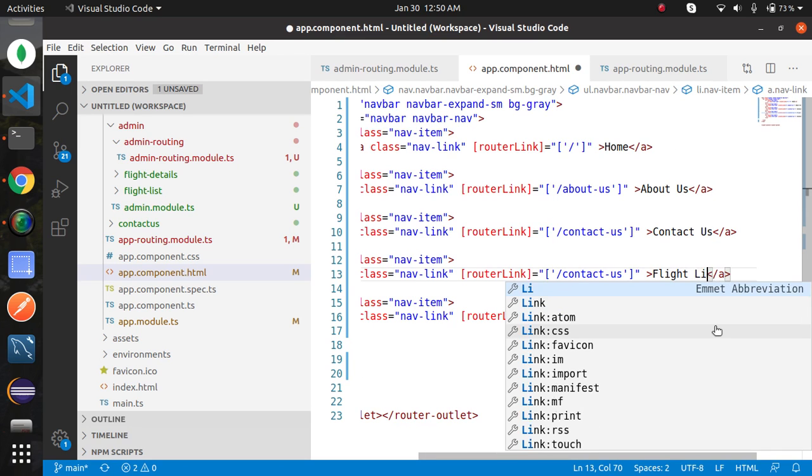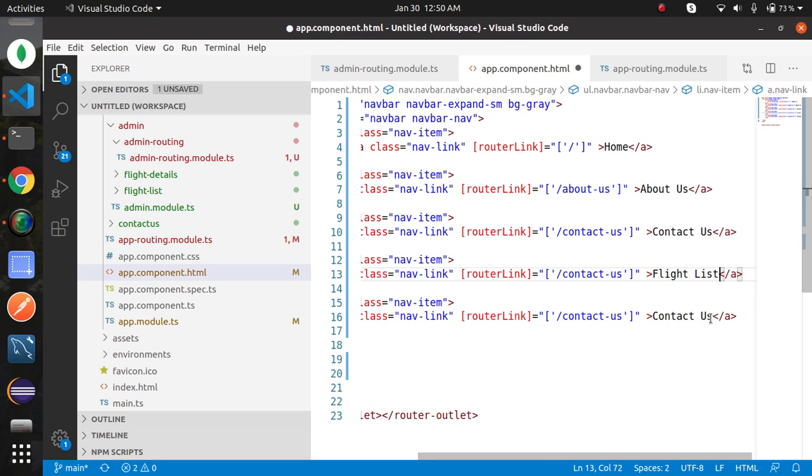Here flight list and here flight details. And change the route as well. Flight list